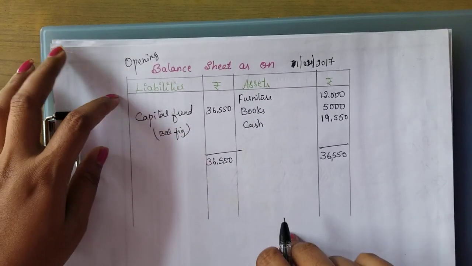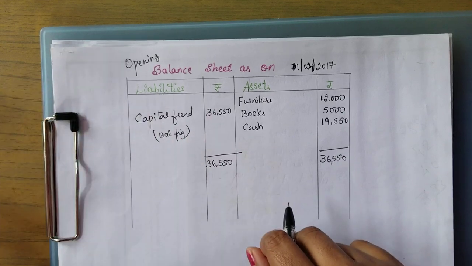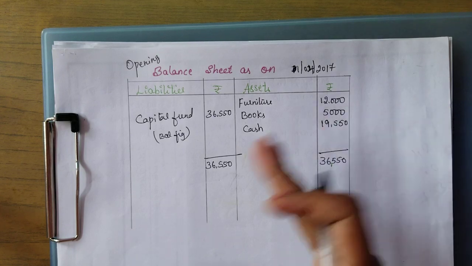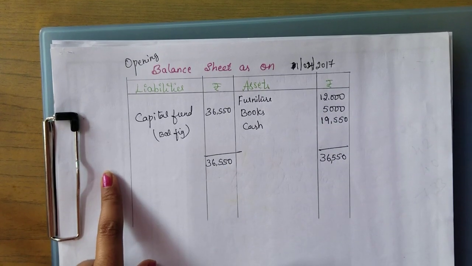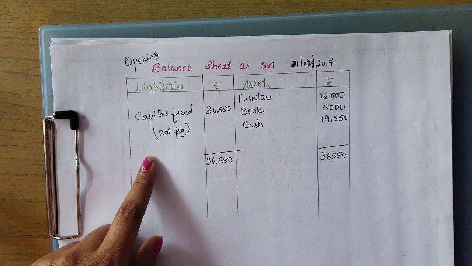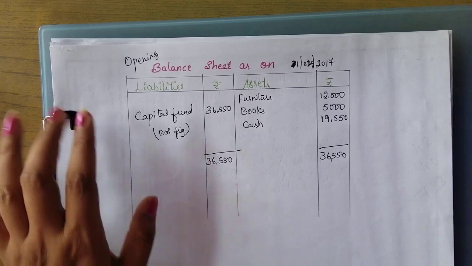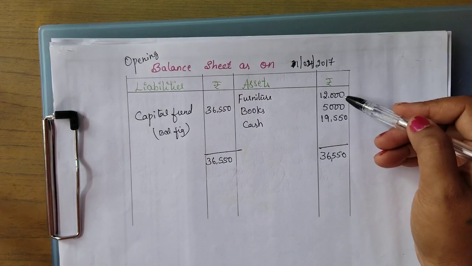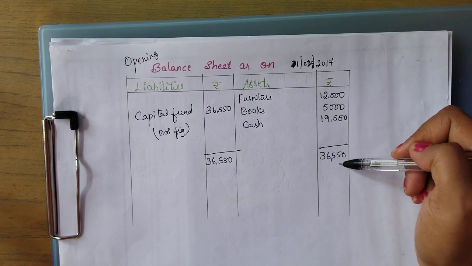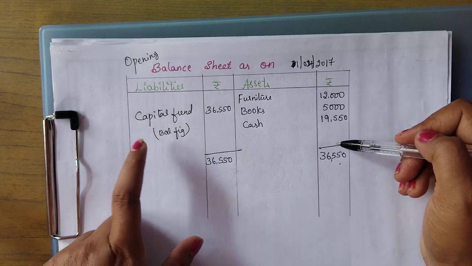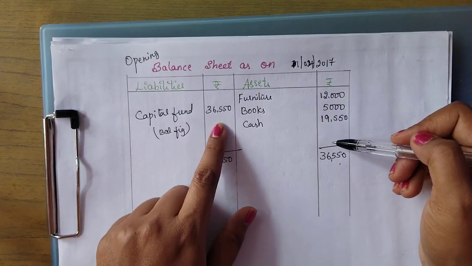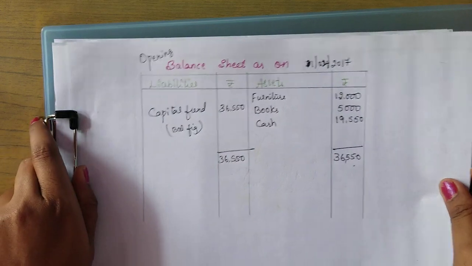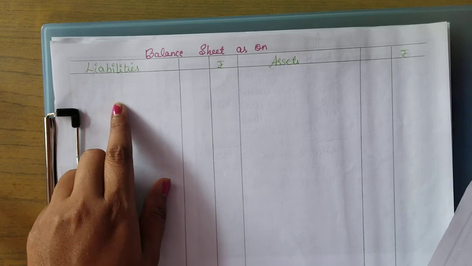In some cases you will be having certain items under the liabilities also. In that case we have to minus. Okay, so the difference between the assets and liabilities gives the capital fund amount. In this case, we don't have any liabilities of previous years. They have not given any information. So that is why whatever the total assets we have, the same amount is the balancing figure we get here. So that will be the capital fund for the next year, that is 2018, we need to take the opening balance sheet.